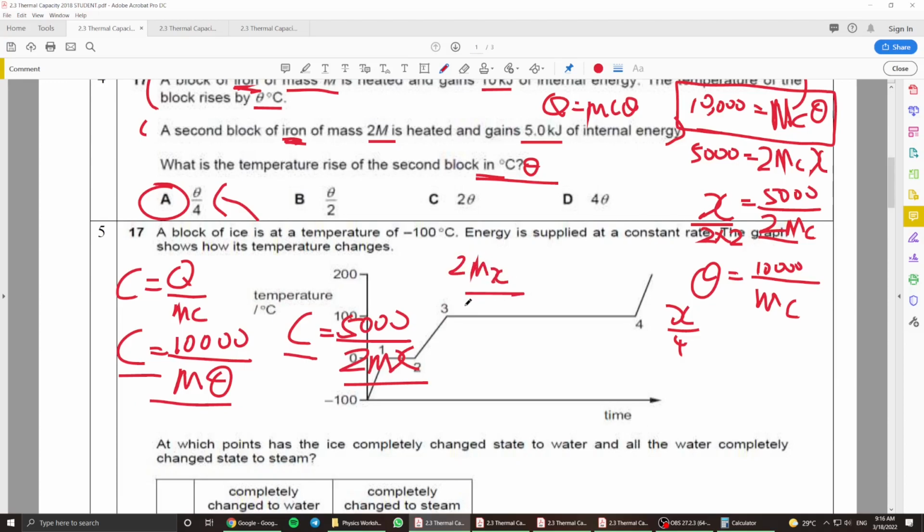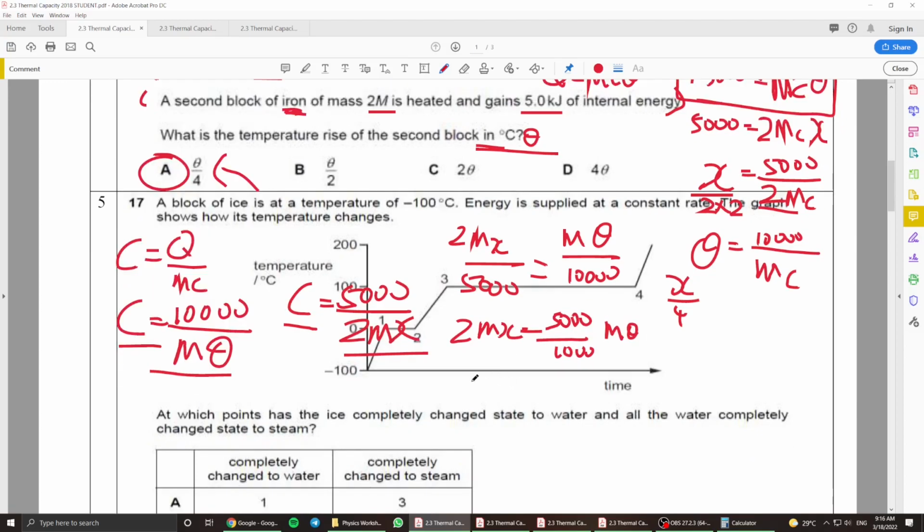2mx over 5,000 is equal to m theta over 10,000. Making x the subject here, it'll be 2mx is equal to 5,000 divided by 10,000 multiplied by m theta. Then after that, x will be basically half